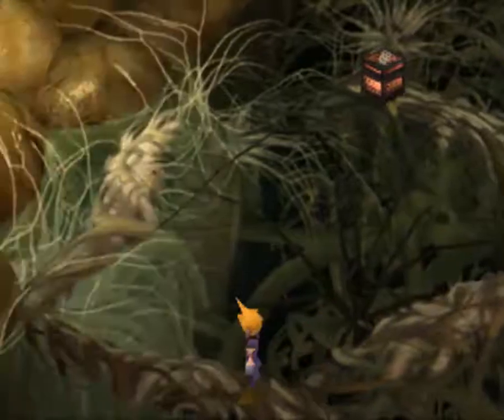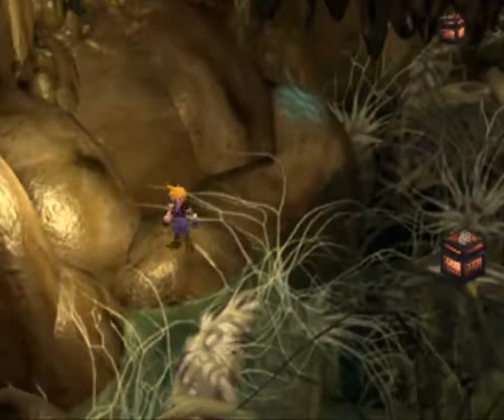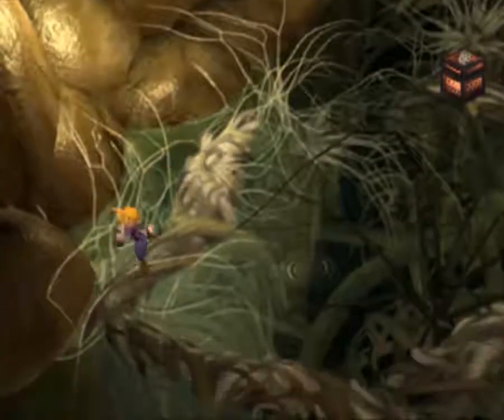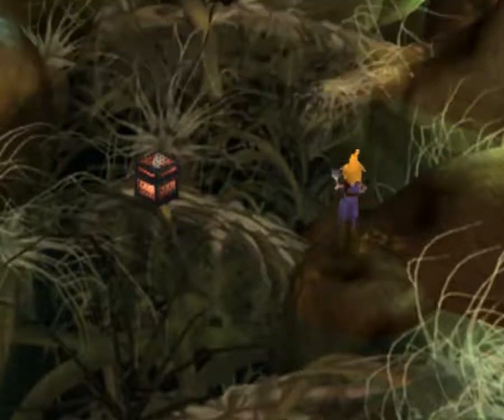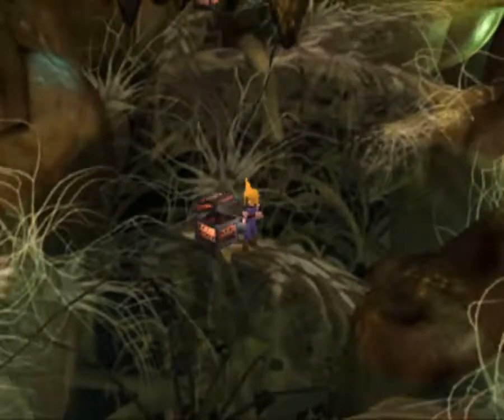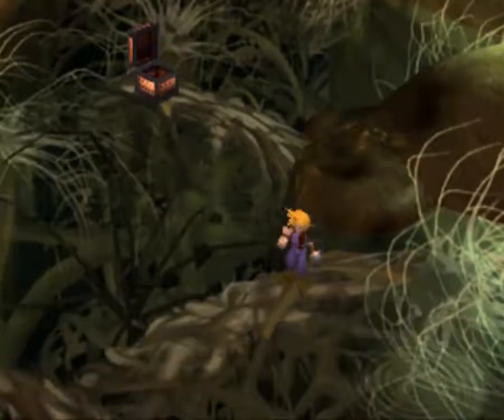Can I not go that way? I could have sworn I went that way. No, I do go that way. What am I doing? Why can't I jump over? Game, you're not helping me. Okay, there we go. Jeez. That was weird. Anyway, we get a magic source. Yay. But yeah, the...